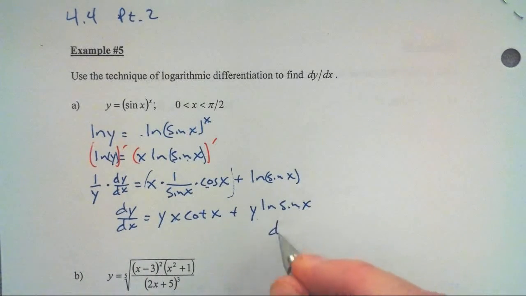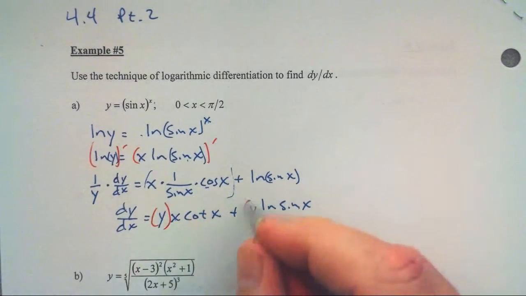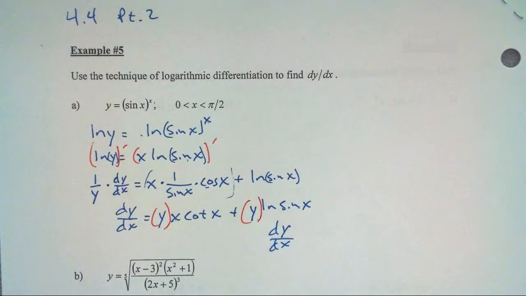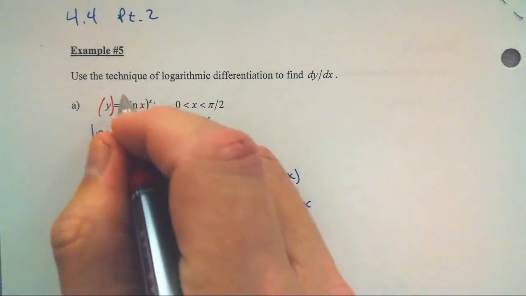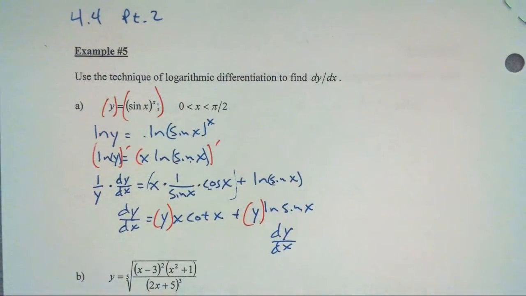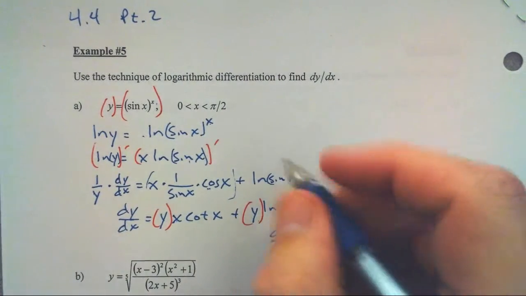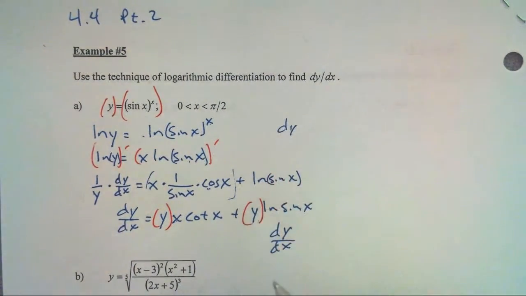But dy dx, what I'm not crazy about is these y's. I wish I could have those in terms of x, but y equals this in terms of x. Therefore, dy dx could equal, in place of y,